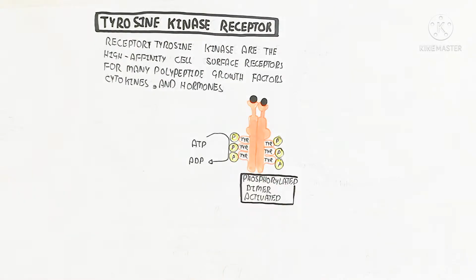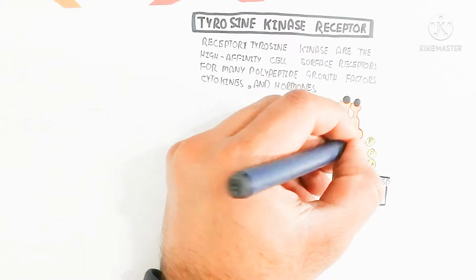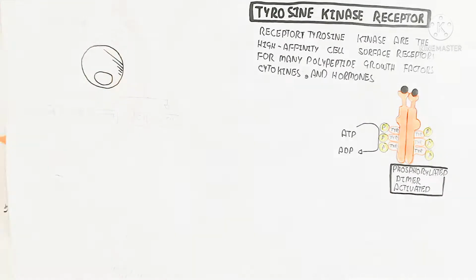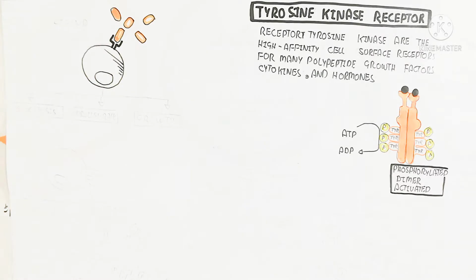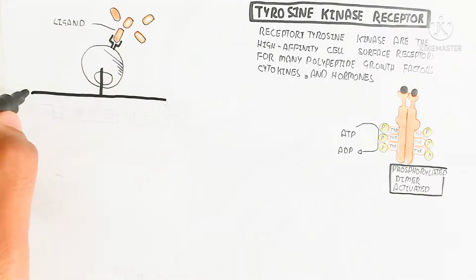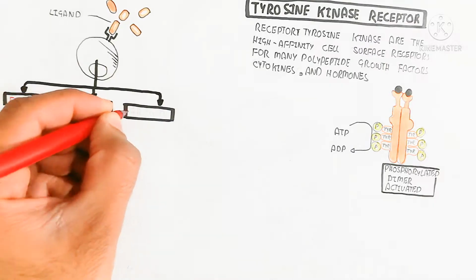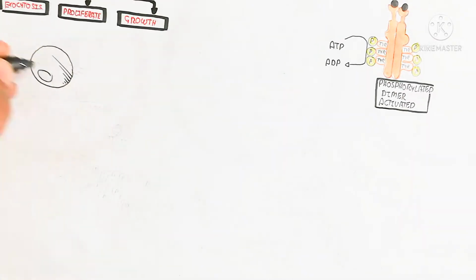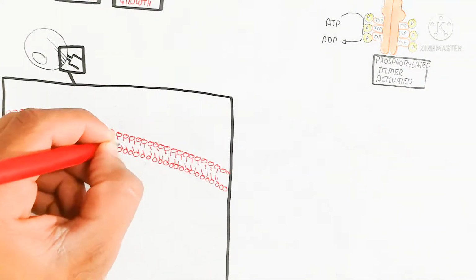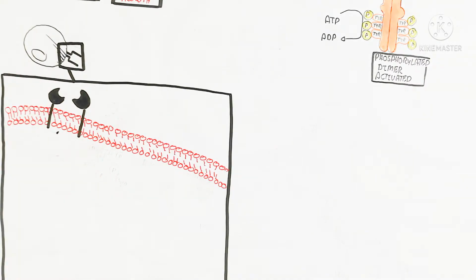So let's begin to understand the ligand. A ligand can be a cytokine, hormone, growth factor, or other polypeptide, or a pathogen, which can be detected and engulfed. If it is not harmful bacteria, it is basically not a pathogen. If it is a pathogen, that means it is different. So here is the ligand, which leads to exocytosis, and proliferation and growth will occur. After that, exocytosis of some material from the cell can happen due to the